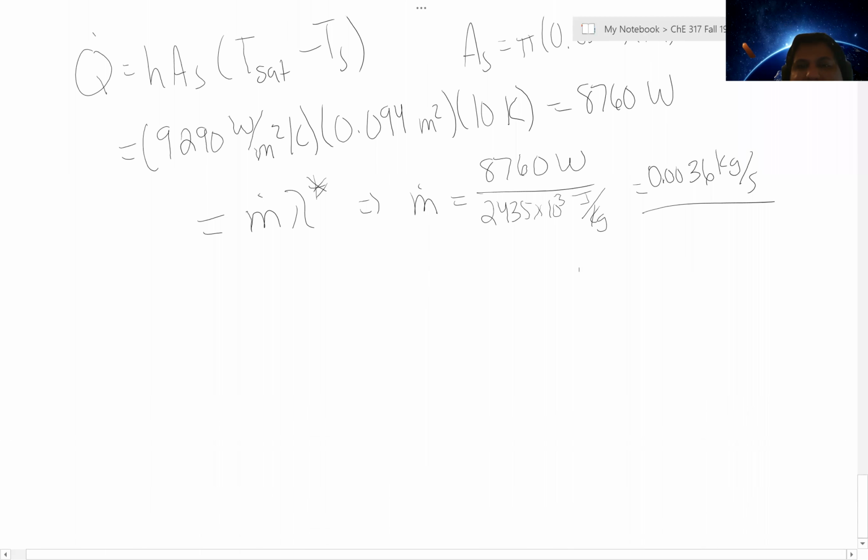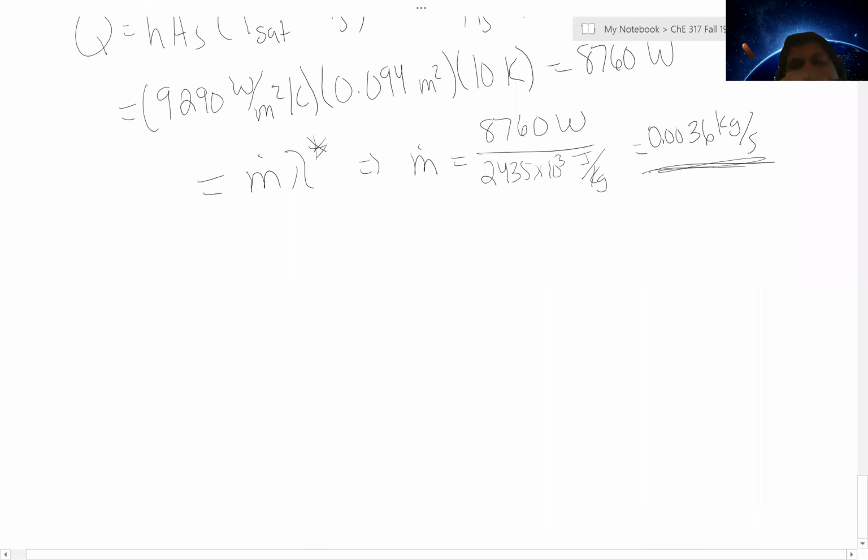All right, so I know we're out of time. One thing I would say is, if we wanted to up this condensation rate, we can consider the use of a tube bank. Where, let's say if we had 12 tubes in this kind of pattern,